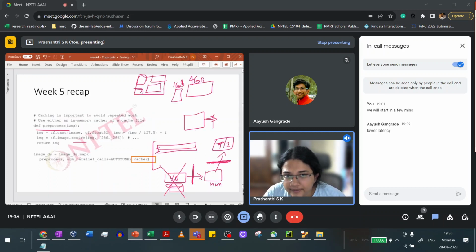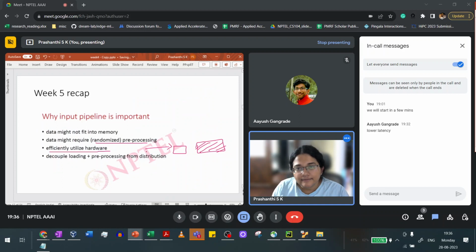So if you cache the data, then your GPU doesn't have to wait for the fetch, doesn't have to wait for the pre-process, right? Something like that. And again, the other reason is you want these loading and pre-processing to be decoupled from the computation itself. You want these to happen independently. Because if you think about it, while one batch is computing, there is no reason not to fetch the next batch and pre-process it, right? You can do it in parallel, right? So you decouple these two things essentially,